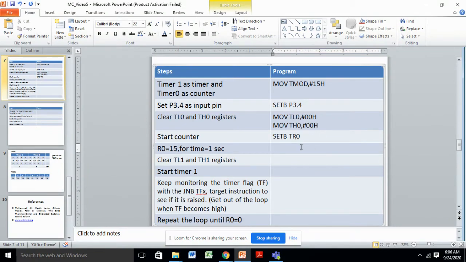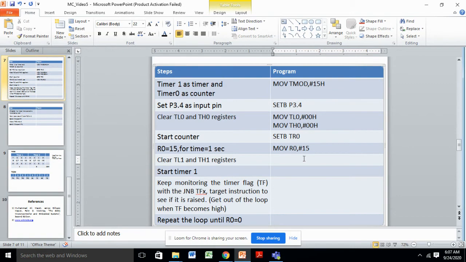Then we need to load the count in one of the registers, that is how many times we need to execute the delay program for getting 1 second time period. So here I am using register R0. So MOV R0, #15.